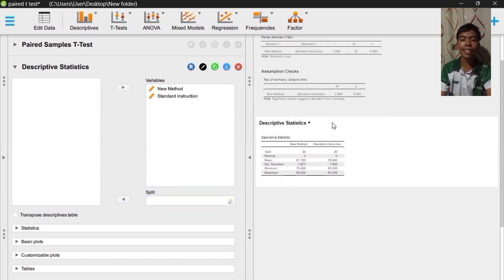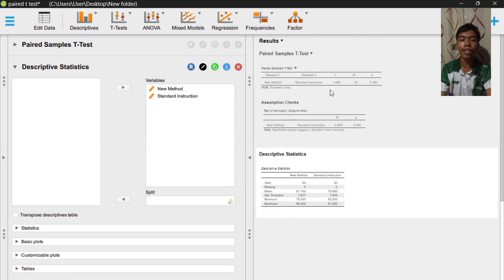We can make also a decision that the mean amount of material learned in the new method of instruction, with a mean of 81.75 and a standard deviation of 7.677, is greater than the mean amount of learned materials in the standard instruction, with a mean of 78.65 and a standard deviation of 7.625. The probability value of 0.084 for the null hypothesis, the p-value is greater than our alpha of 0.05 level of significance.